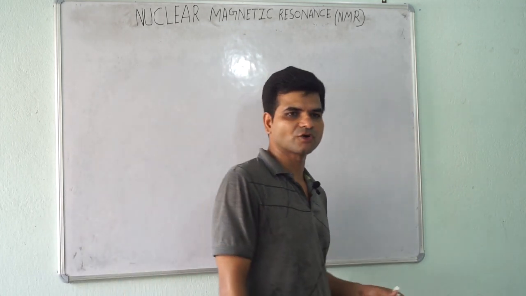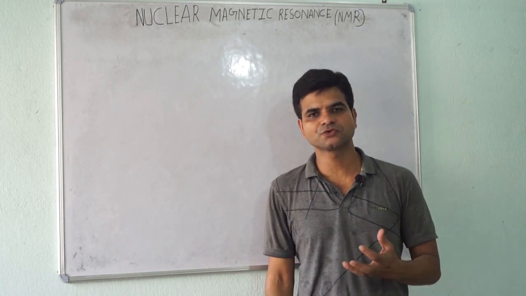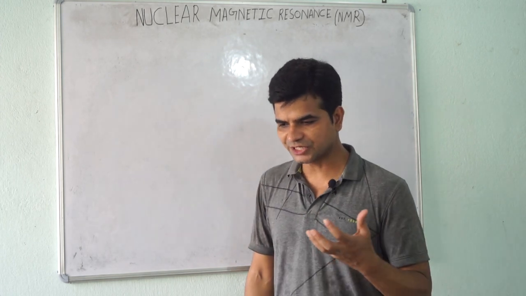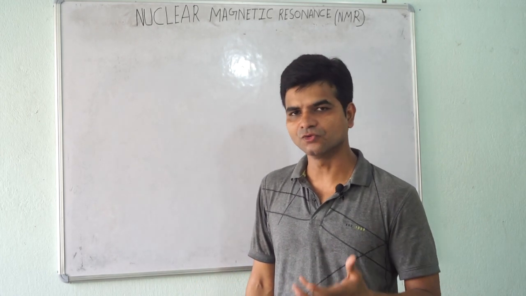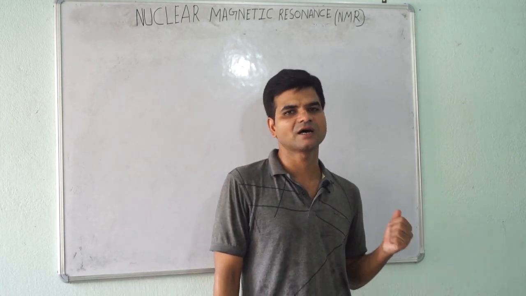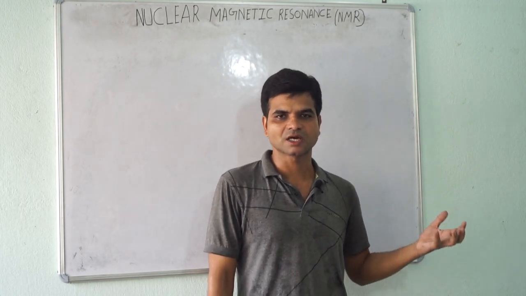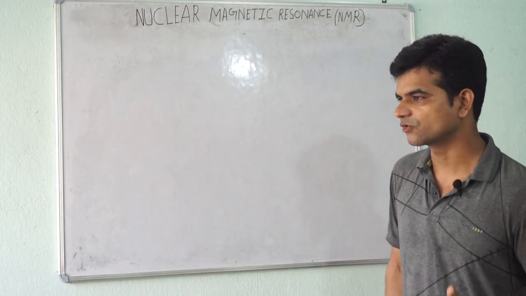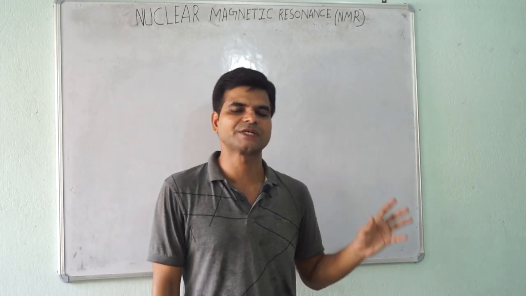Now we will discuss all steps one by one. But before going into details, I am going to tell you two important words regarding NMR, because to understand the basics of NMR, you should be familiar with these two words. First one is alpha spin and second is beta spin. First of all, I will explain them. Thereafter, I will explain all steps of NMR one by one. So first, let's discuss alpha spin and beta spin.